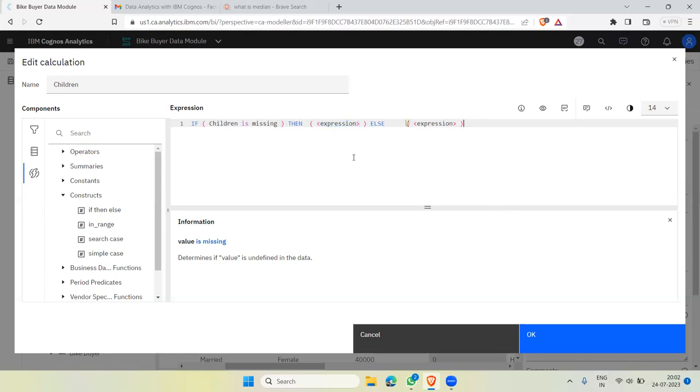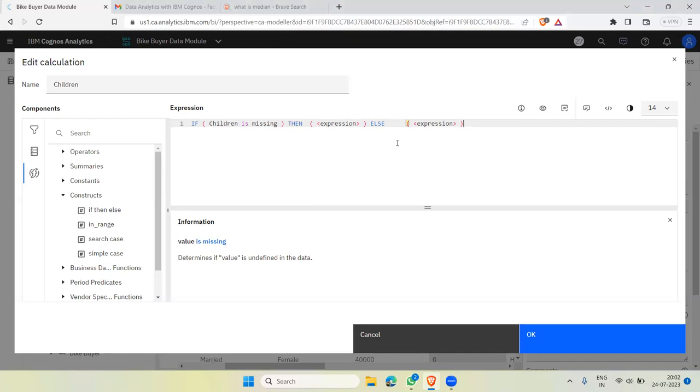But if I do that, is there any problem to the data? What do you say? Already the data is imbalanced, participant. Imbalance means one gender is more in the data set, one gender is less. Due to this kind of mode imputation, is there a possibility that our data might become more imbalanced? What do you say? Your answers on screen. There is a chance that by mode imputation, we can achieve the cleaning, but due to that, more noise can be added.